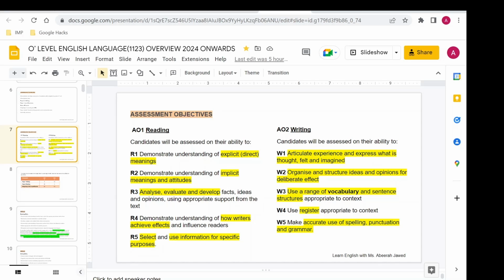The meaning and effect question is what is assessed under reading assessment objective number 4, where the question specifically asks you to write the meaning and the effect of a particular phrase given in the question. Have you seen the meaning and effect questions before? Yes, miss. Okay, how do you usually do on them?